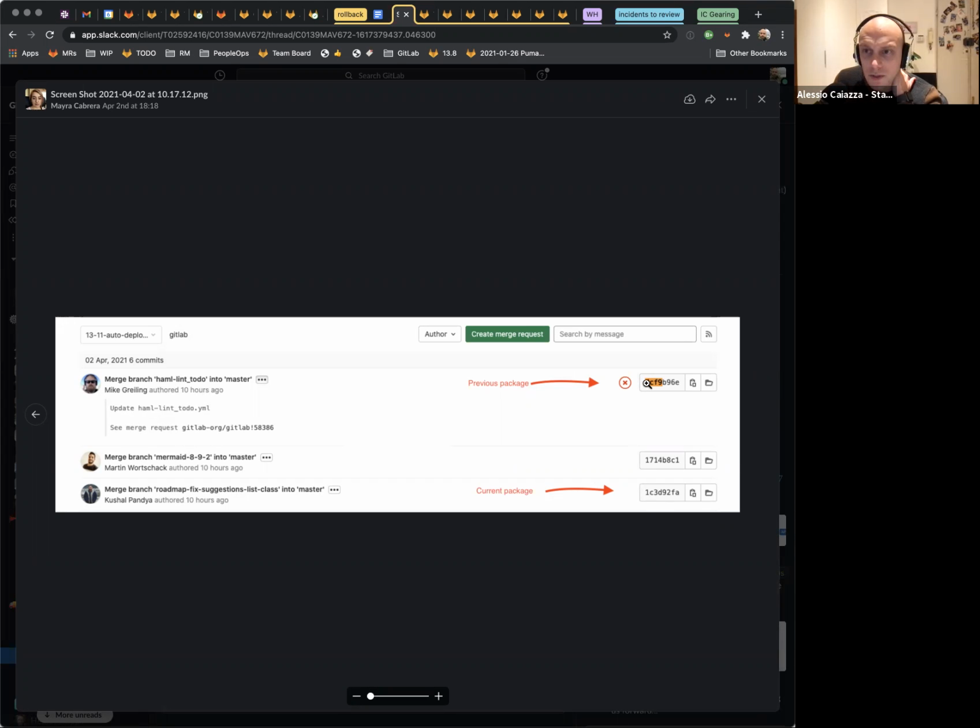Because even if a commit was picked in reverse order in another auto deploy branch, whatever, this would not be the commit number, because when you pick, you generate a new commit SHA. Yeah, but I think it was picked on that branch and it was in the right order in the previous one.